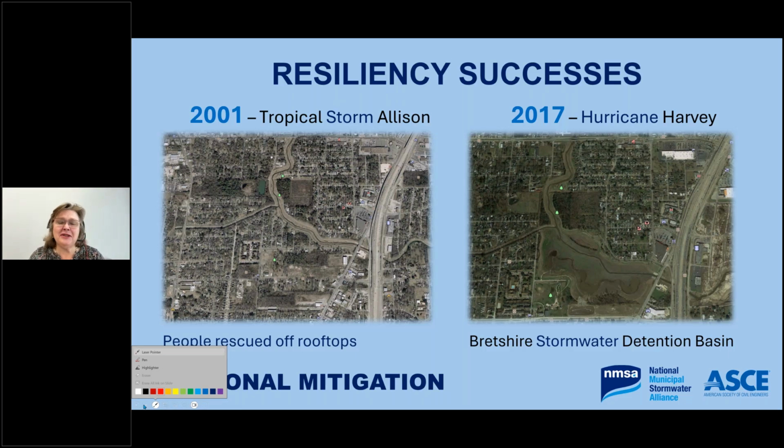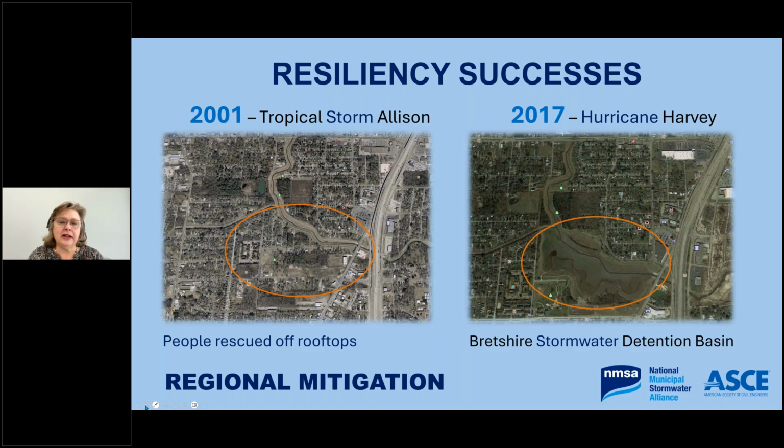The hardened example is actually the Texas Medical Center. The Texas Medical Center is a complex in Houston that treats over 7 million patients a year. It's home of the MD Anderson Cancer Center, Ben Taub, Memorial Hermann, Methodist, St. Luke's, multiple Baylor colleges of medicine, UT College, UT Health Science Center, College of Medicine, Baylor College of Medicine. So we're training doctors, we're treating patients, and it happens to be in an area that has experienced flooding in